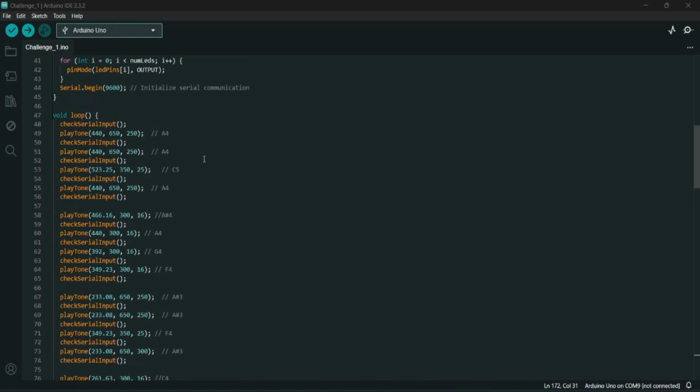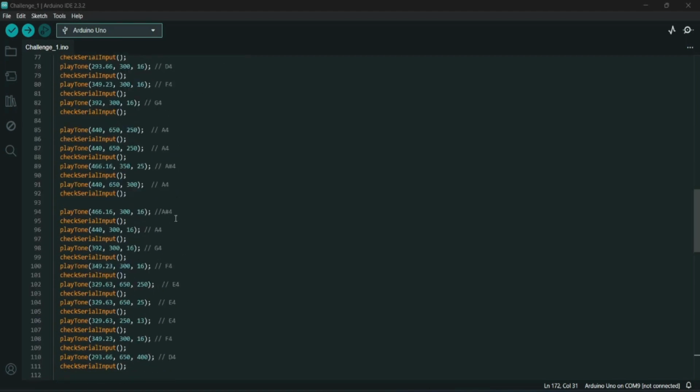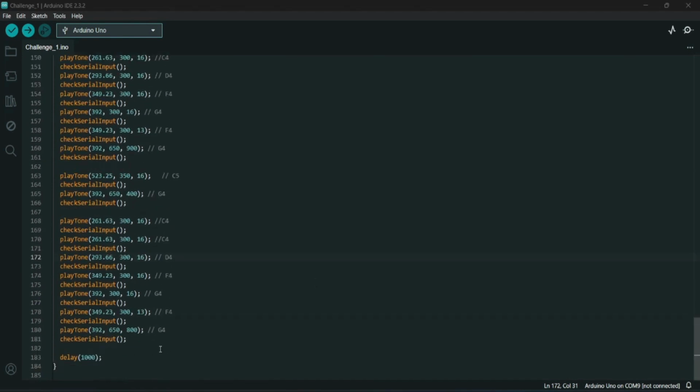The playTone function here is called multiple times with different arguments to play specific notes with a different speed and delay. Its parameters are frequency, duration, and pause. So every frequency equates to a note. And we use here the notes comprising the song We Can't Be Friends so that it will be played in the buzzer, such as D4 here and G4, F4, and so on. So this program consists of 62 musical notes. And of course, there will be a delay of 1 second after one cycle of the loop is done.